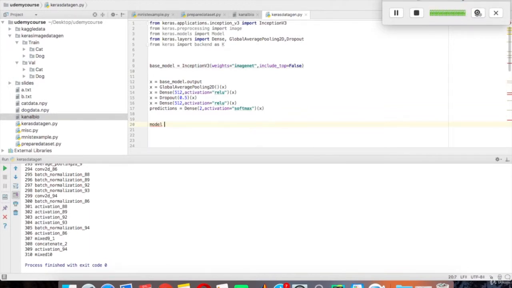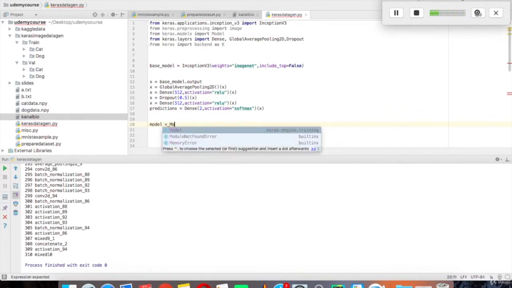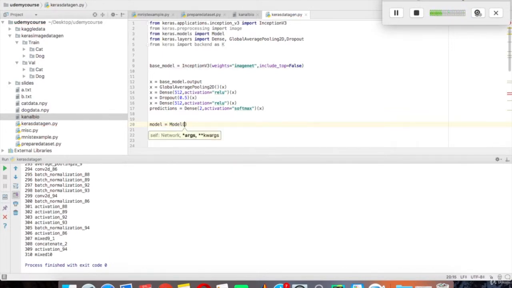And to do that, let's say that we need to create a model that is a combination of our convolutional layer network and its base model's input, and also this is our input, and also for the outputs we should identify the output and its predictions. Well, after combining these layers, attaching them to each other,